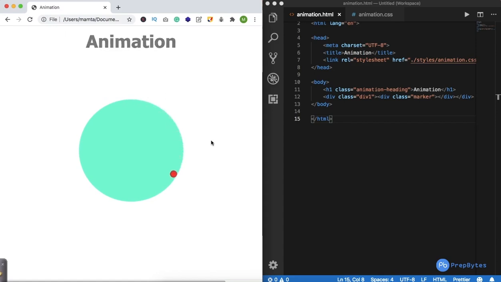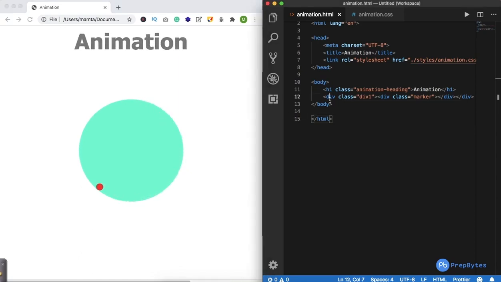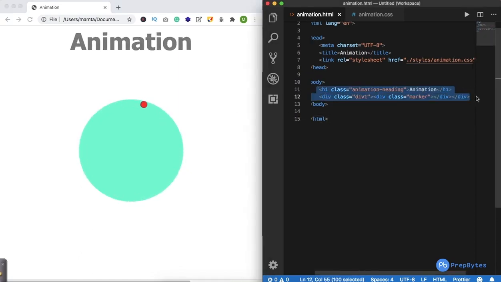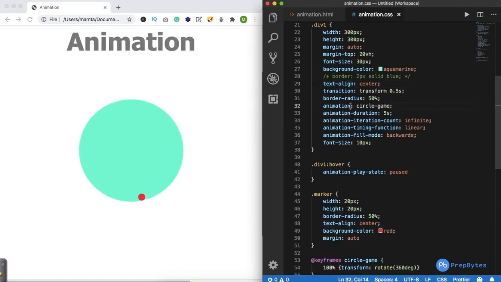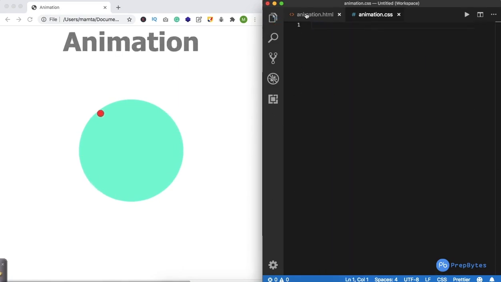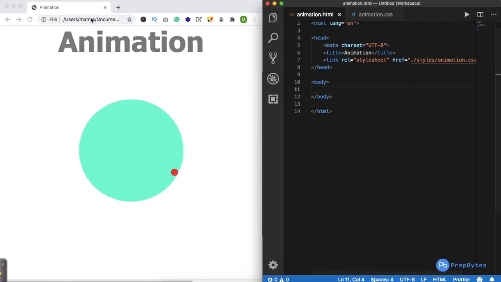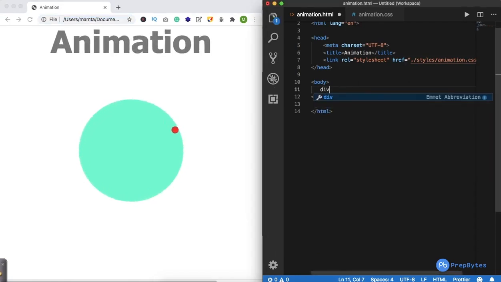So first of all, let's try to understand animation by trying to achieve this particular animation that we see on screen. For that, first I will delete all the code that I wrote. Okay, so let's write the HTML first. For writing the HTML we will need a div.